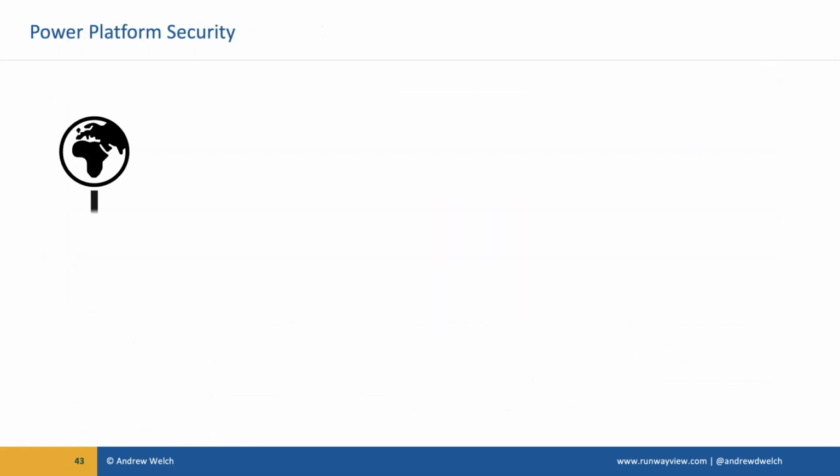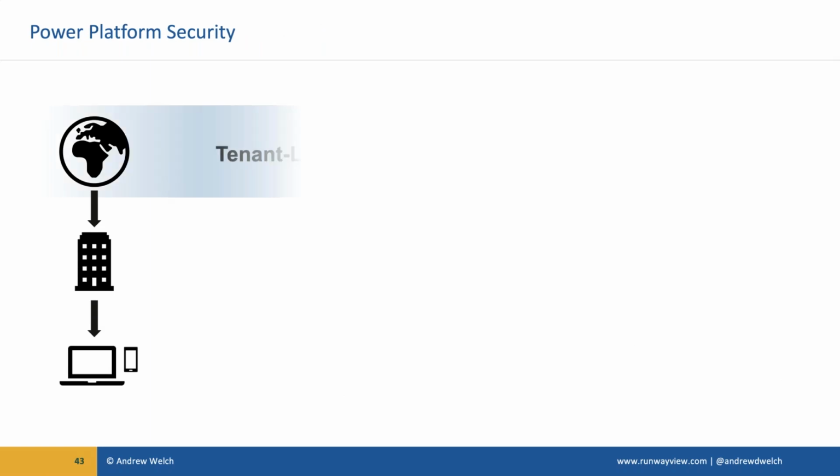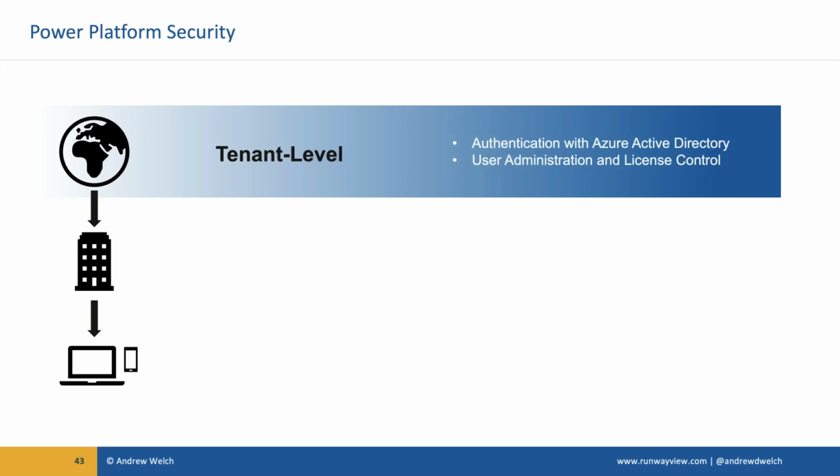Next best practice. So we look at security on the platform. How do we secure this? We can really secure it at 3 levels. The first is tenant level. So this is really important. Power Platform lives inside of your 365 tenant, and we authenticate to Power Platform using what you're already doing in Azure Active Directory. And there's a lot of capability there, particularly when we're dealing with external users and what we can use, like Azure B2C, to authenticate portal users outside of your organization. But fundamentally, you're going to authenticate to Power Platform using your tenant credentials. And at the tenant level, we also manage users and license control and that type of thing.